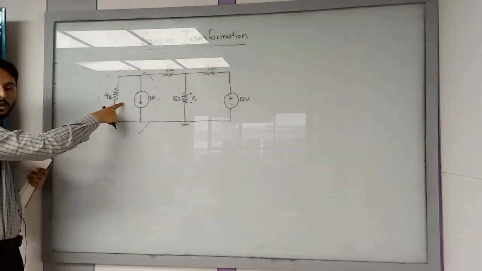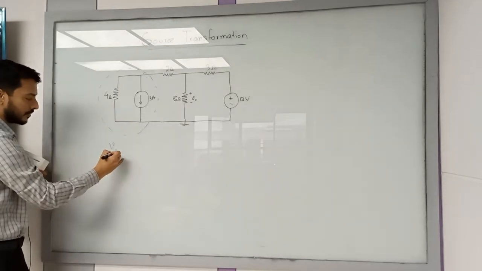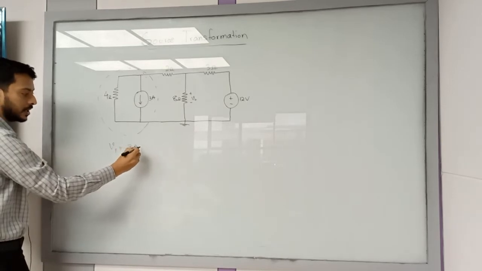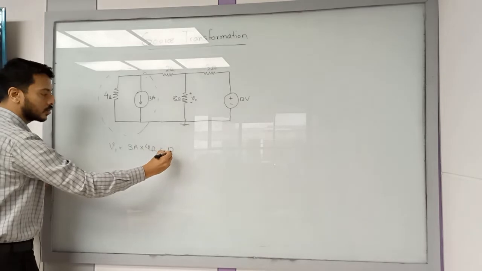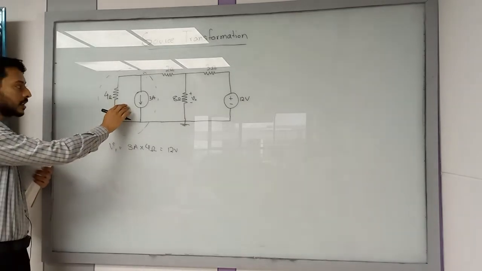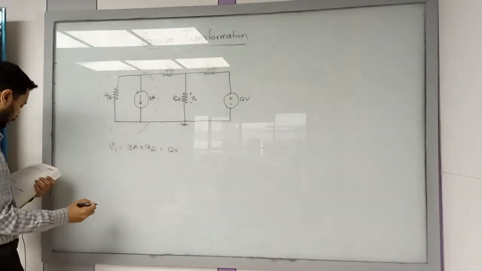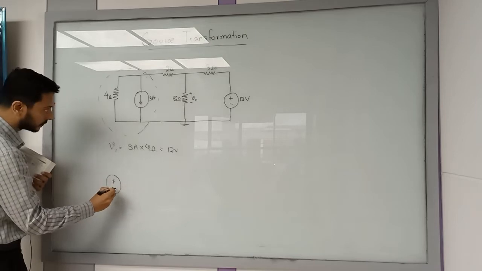You can find the voltage at this point, right? Let's say V1. V1 is equal to 3 ampere times 4 ohm, which is 12 volts, right? So you have a 12 volt source which you can replace this circuit by, right? So if I redraw the circuit, it looks like this. A voltage source,